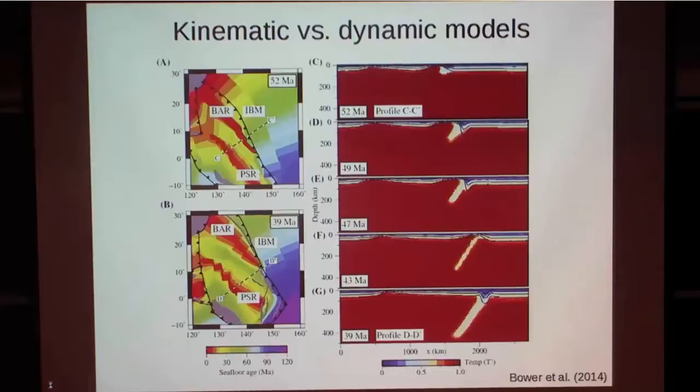So many groups have taken a hybrid approach where they're prescribing plate motions, and then they're even prescribing the trajectories of slabs into the mantle, and then are asking different dynamic questions. So there's a real problem here in that it's hard to bring everything together still in a dynamically consistent way for specific questions. Right? It always depends on the questions you're asking. And those models are really nice for certain questions, but you cannot use them to say anything here because that's,